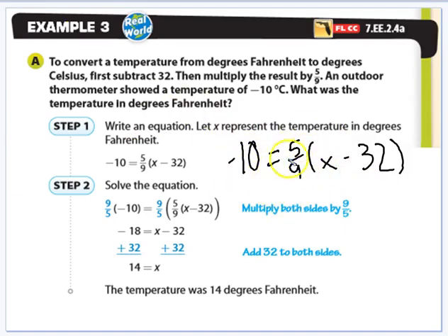So what they're telling me to do is to multiply by 9/5, which will get rid of this. So multiply the entire thing by 9/5. Class, this 9/5 cancels out the 5/9. And since this x minus 32 is in parentheses, it's safe. Okay? So we get x minus 32